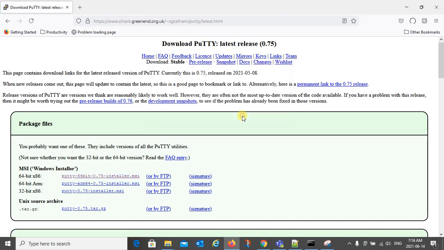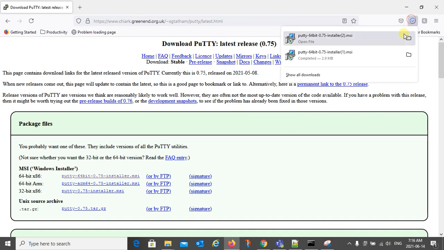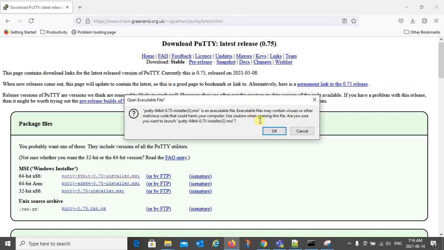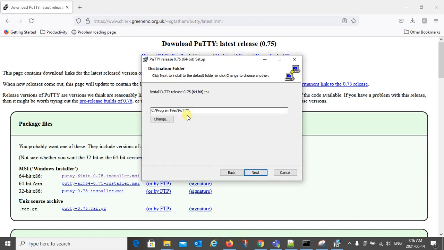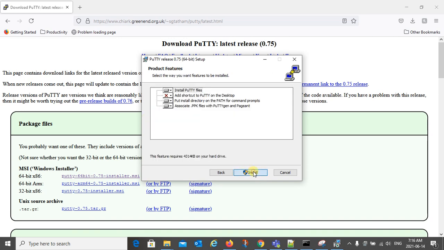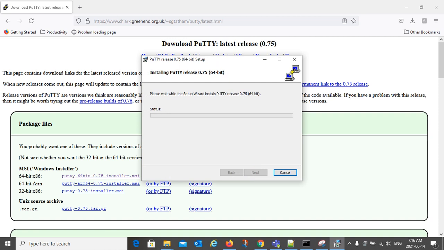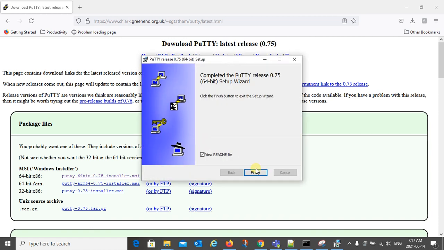Click here, save file, right here I have it, say OK, and installation will begin. Very good. I am going to install it in Program Files PuTTY. Install, and here of course I have admin access, so the installation has begun.